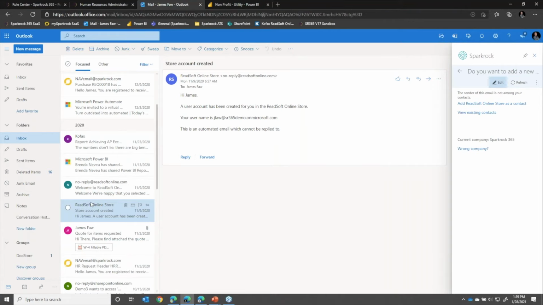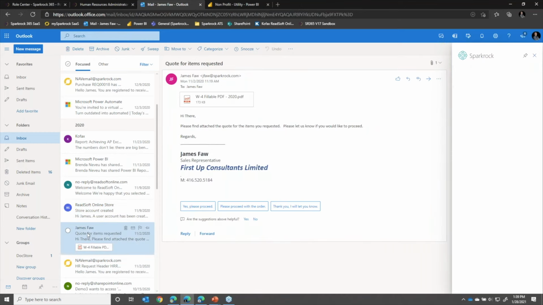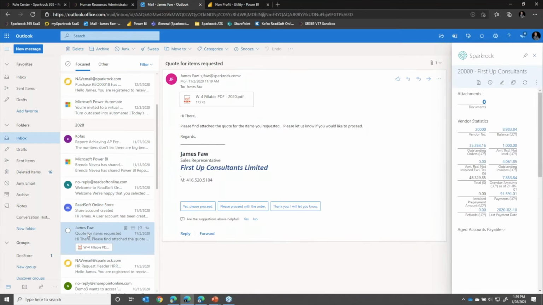So this is my Microsoft Outlook for my demo account here. And I've got an email that I received from an email address that's associated with a vendor, a contact that's linked to a vendor called First Up Consultants Limited. And you can see that there's a wizard type function that you can run in the ERP solution. And when you run it, it installs this Sparkrock 365 add-in here that allows you to view information from within your Outlook that's related to data